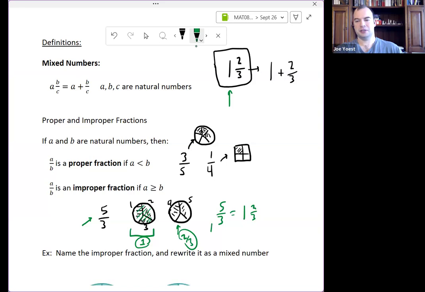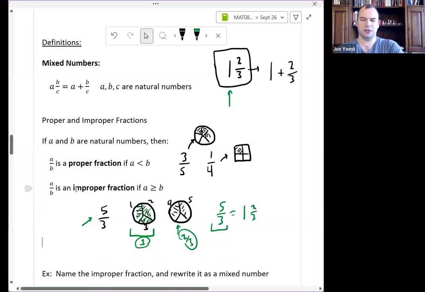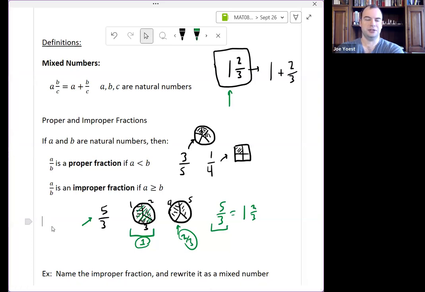Sometimes improper fractions, in fact a lot of the time, I would argue improper fractions are actually nicer to work with than mixed numbers. So there's nothing immoral or fundamentally bad about an improper fraction, even though it's called improper. Most of the time when I'm teaching higher level courses like statistics or calculus, if we get an improper fraction, we just leave it that way because it's much easier to work with